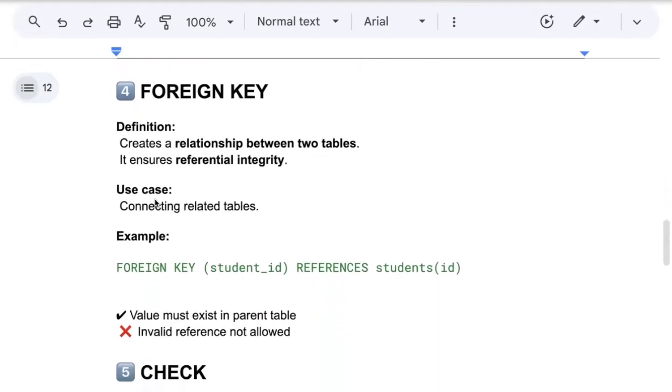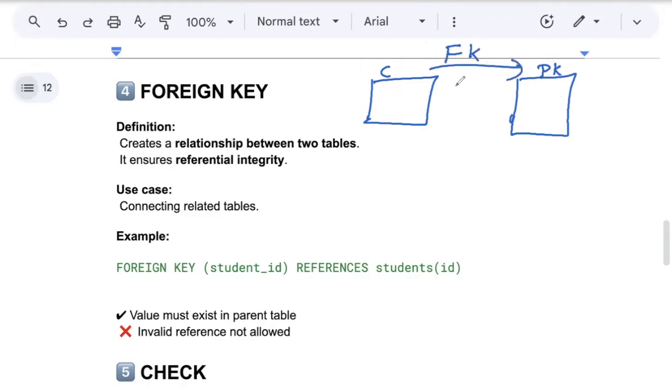Next, coming to the foreign key. This foreign key plays a very important role when you are performing joins. Let's say, for example, you have data in two tables. You have to connect the two tables and establish a relationship between them. How do you establish it? We see that a column in one table is related to the primary key in another table. We give a reference with the help of a foreign key. A foreign key is responsible for referencing that a column in one table is related to the primary key in another table.